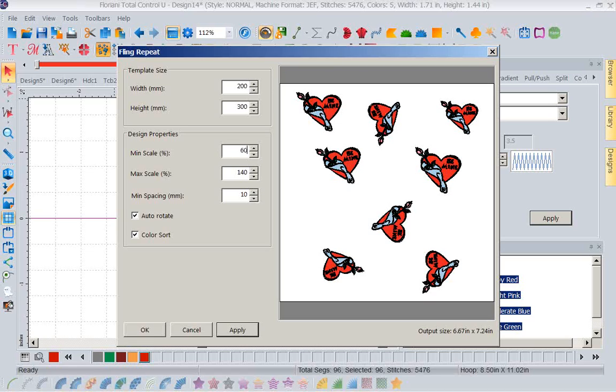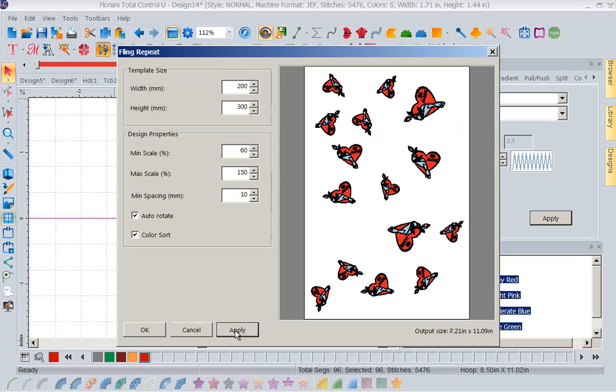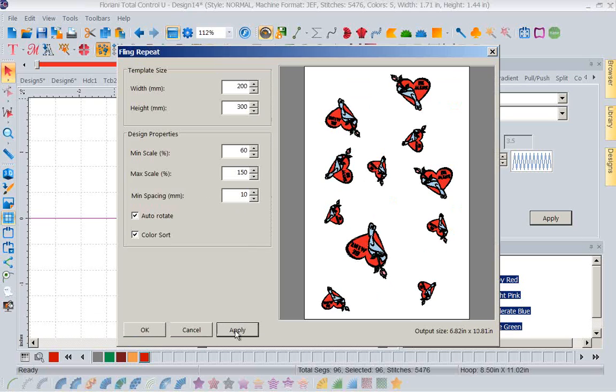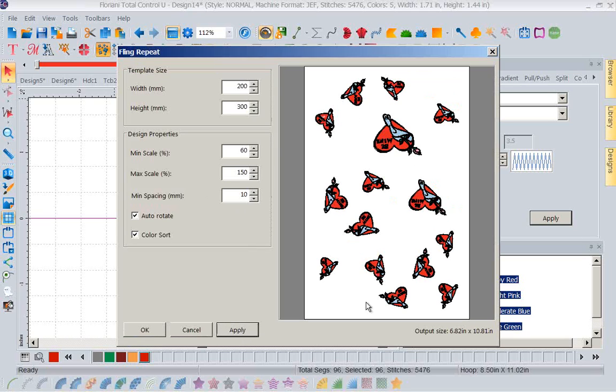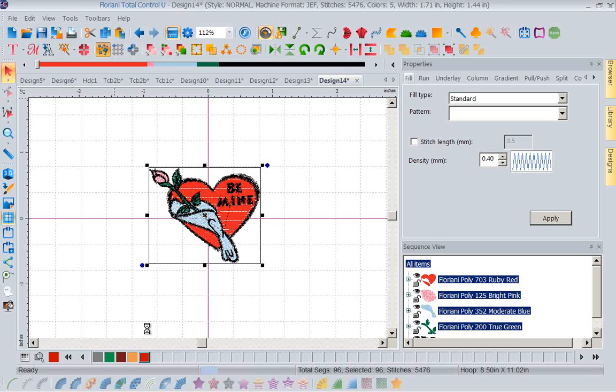I could change this to 60, I could change this to 150, and that's going to tell it the small and large. Now I can tell it how many millimeters, the minimum spacing I want between each one, and now I can apply. If I don't like the fling, I apply it again, and it'll fling different. I can just fling it all over the place until I like the fling. Once I'm happy with how it's flinging it, I can say OK, and now that is going to generate that